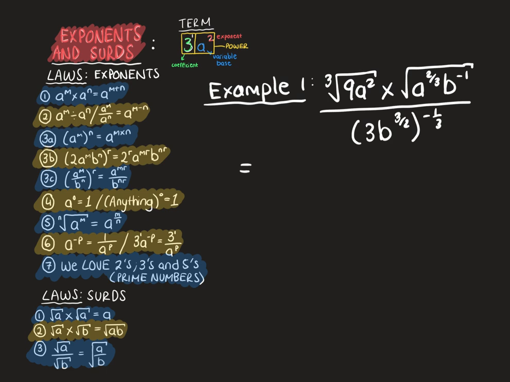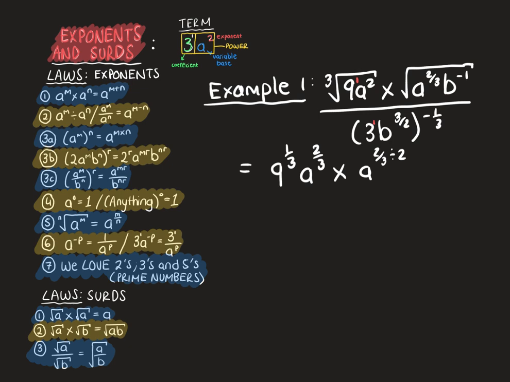So the first thing we do is we want to change everything to fraction exponents or rational exponents. So we're going to use law 5 here. Okay, so the cube root of 9, remember, everything in this bracket. 9's got an exponent of 1. a's got an exponent of 1. So if I'm going to use law 5, this is going to be 9 to the power of 1/3, a to the power of 2/3, times by a to the 2/3, and that you're dividing